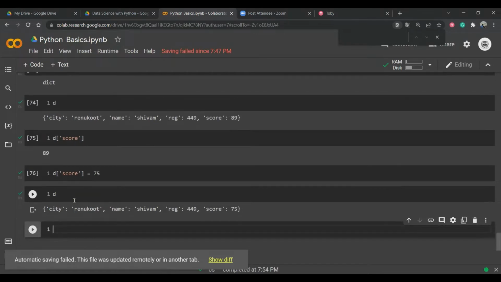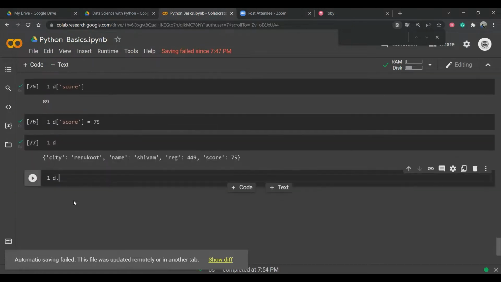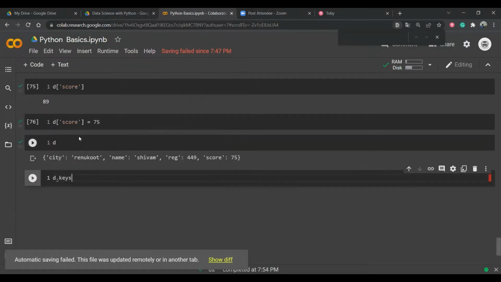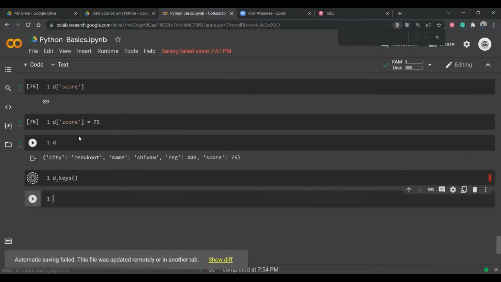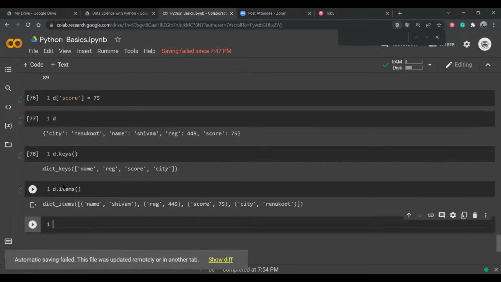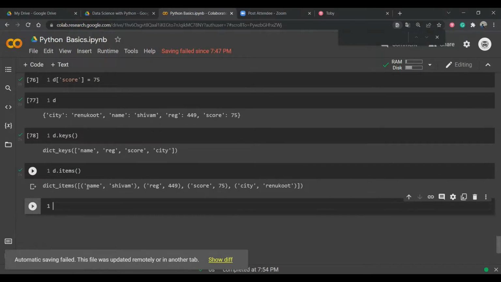This is possible, and the dictionary also has some built-in methods. Suppose you only want to see the keys of the dictionary, we can write keys over here. If I want to see only the items of my dictionary, I can write items over here. Items means both things, so we get key and value inside a list, and tuple. If I try to write d dot items,